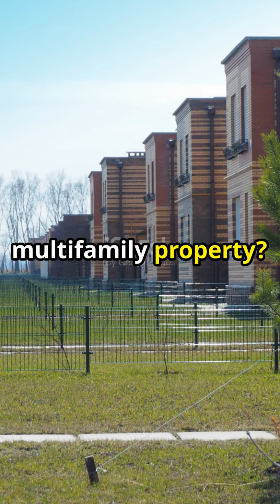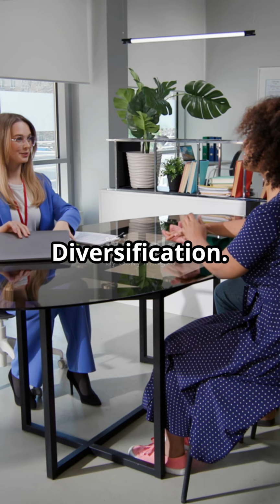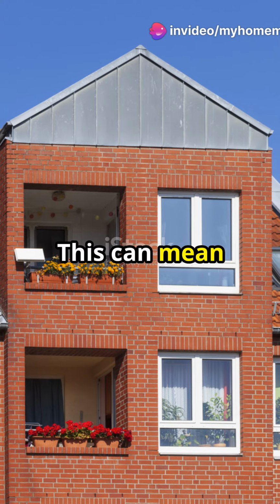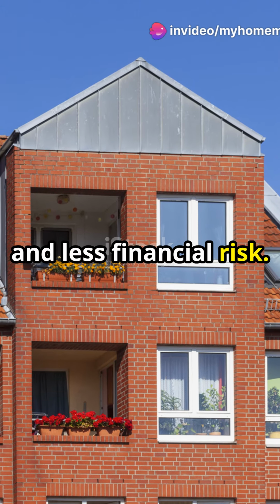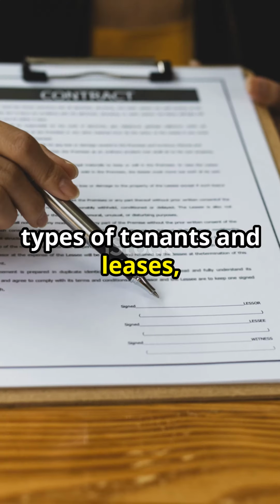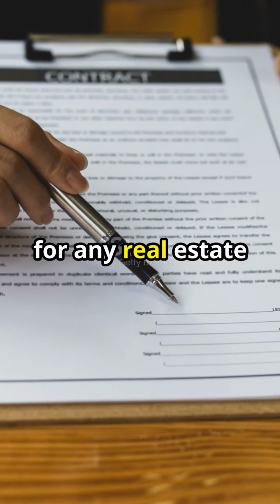Why choose a multifamily property? Diversification. With multiple units, you're not relying on a single tenant for income. This can mean steadier cash flow and less financial risk. Plus, you'll gain experience in managing different types of tenants and leases, which is invaluable for any real estate tycoon